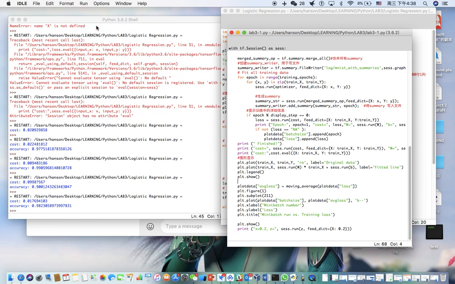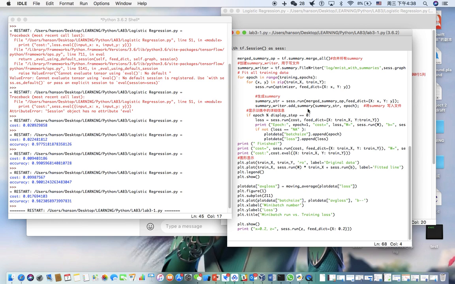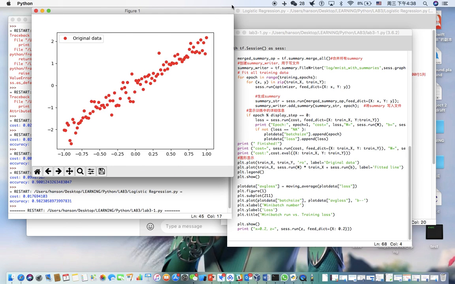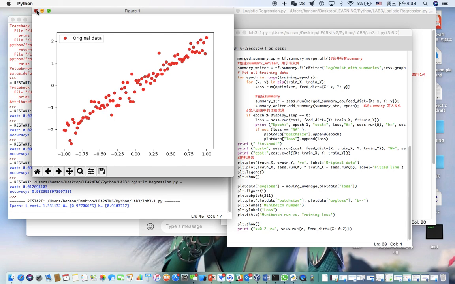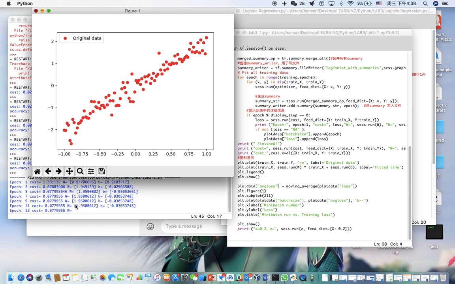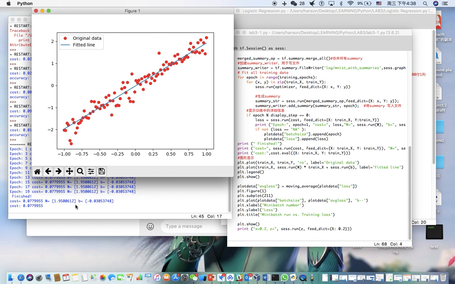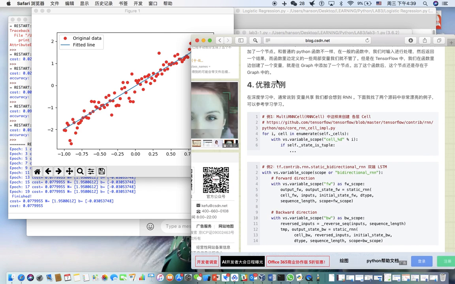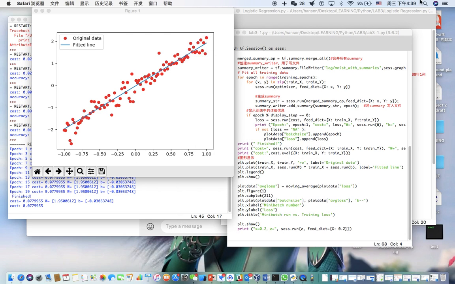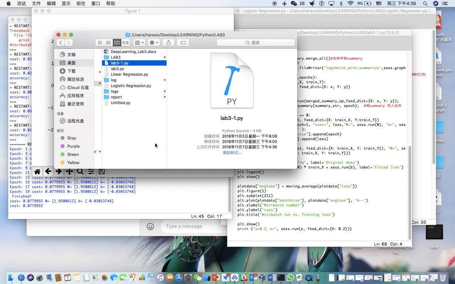Okay, let me just run it. So that is the original data, and we come to the training section where the epoch is running, and finally it shows the cost. The accuracy is not really good. It was like 92%, but yeah. So we can change these parameters to improve the accuracy. And I would like to show how to open it in